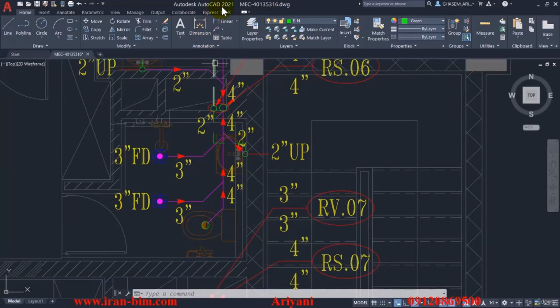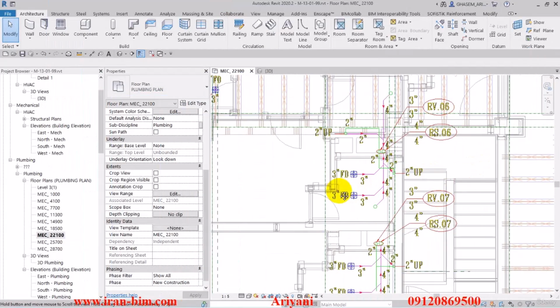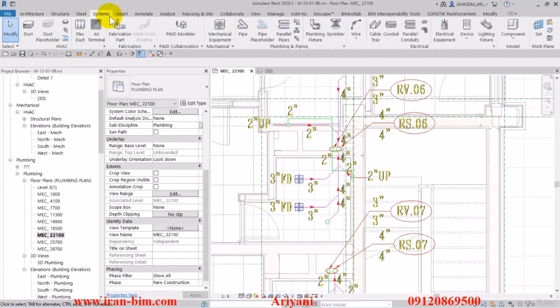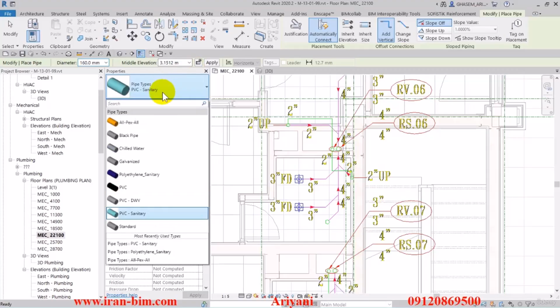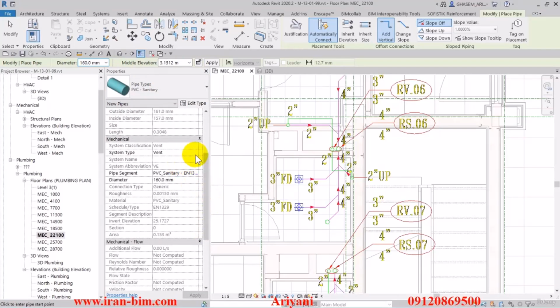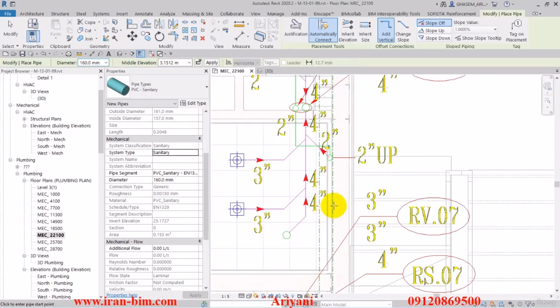And the vent that we have here has its own story and a lot of other complications that we have with this tight area here. And the area is located here in the Revit file. So I'll go over to the pipe tool and select it, and then through the menu I'll select the sanitary type. Then under the mechanical section I'll put the system type on sanitary, and in the plan you can